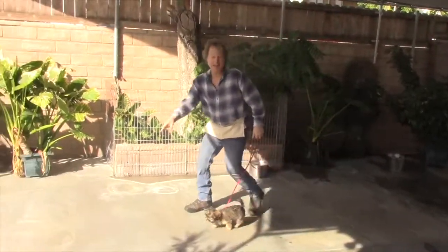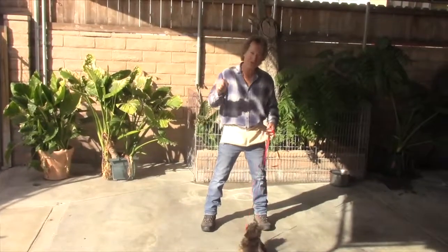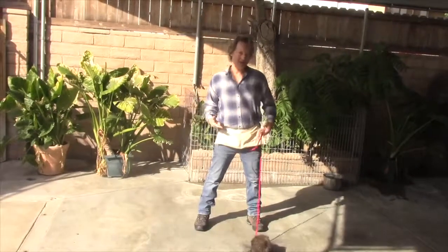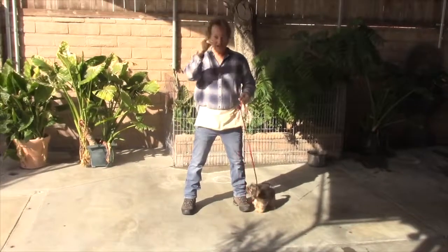And one of the reasons that he does this every time, he drops that to come to this, is because this piece that I have is bigger. So you do these little subtle things, and it makes a huge difference. Whatever he wants to get to, that he's like, oh, I got to have that, he knows now, and I've imprinted this in him the last few weeks, that when you say come, there's something